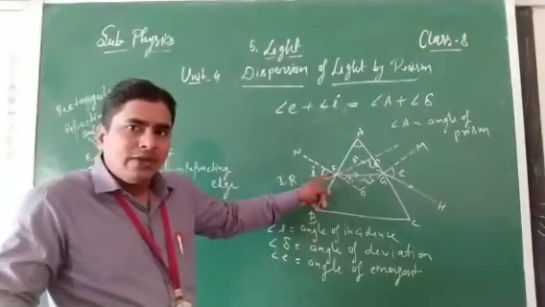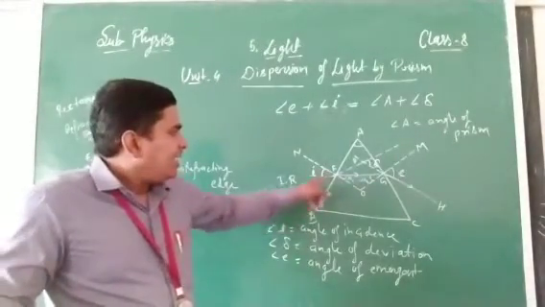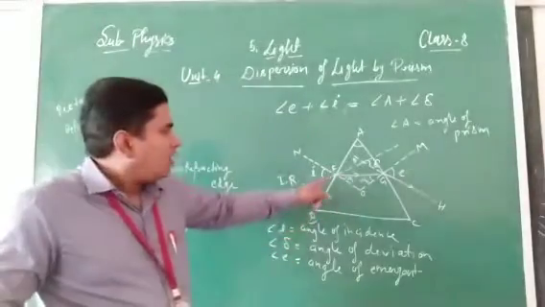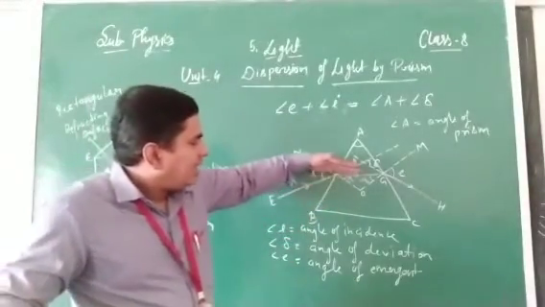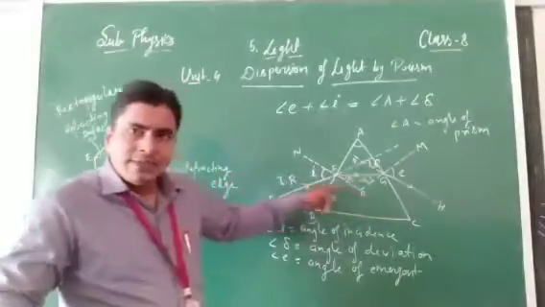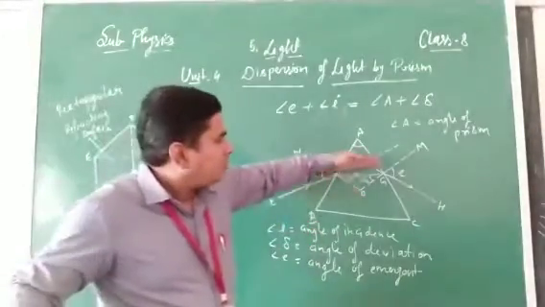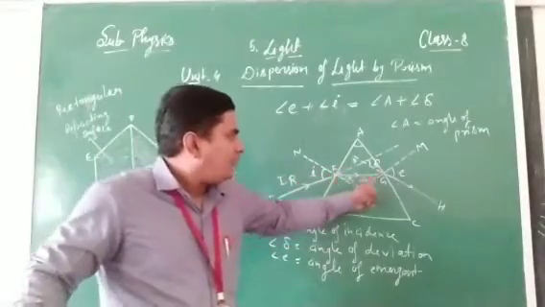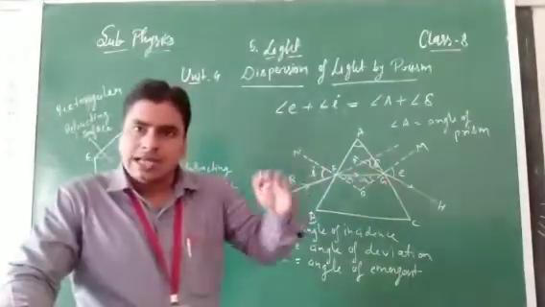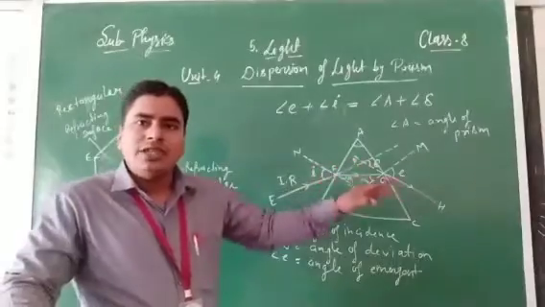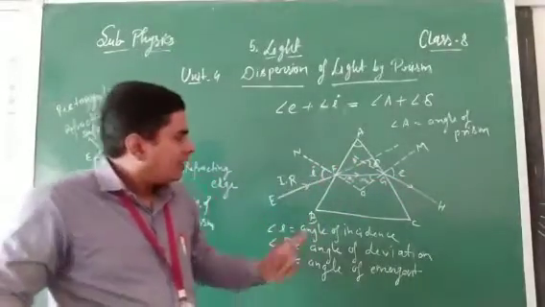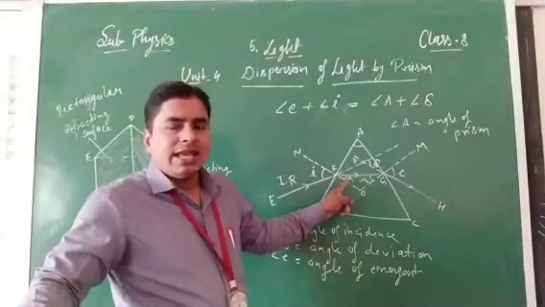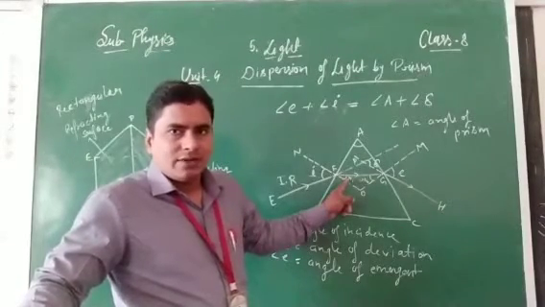That is the angle between the incident ray and the normal NO. So after reflection, the light ray enters the glass prism, that is a denser medium, and then bends towards the normal. Then it will travel from F to G through the glass medium. Clear? So here the first angle of refraction is R1. This is the angle of refraction R1.